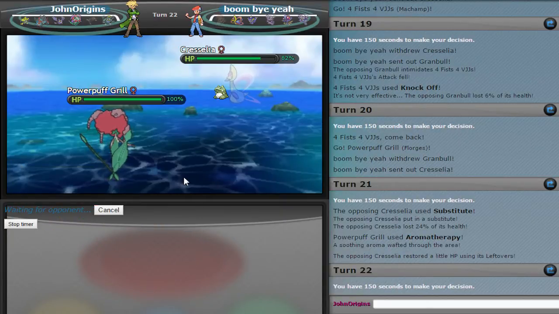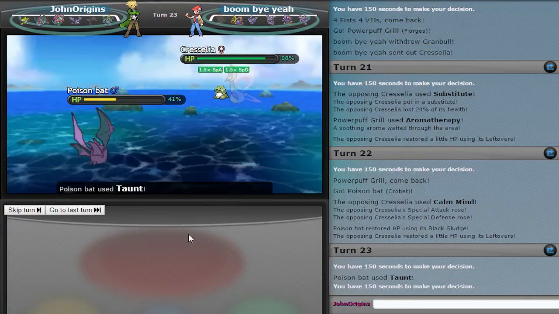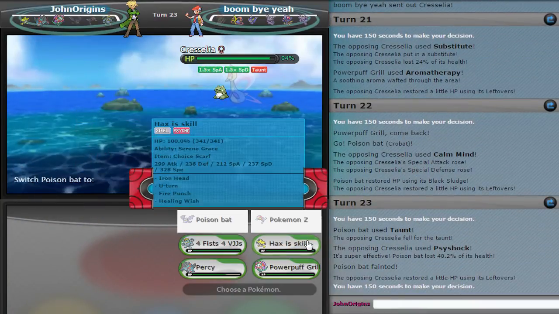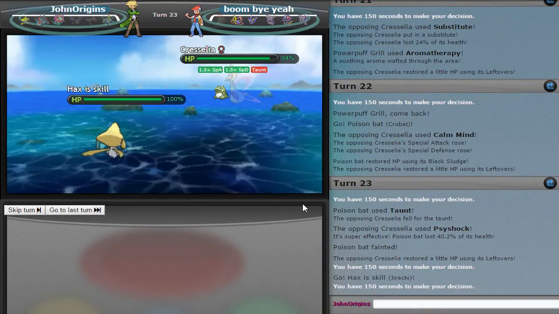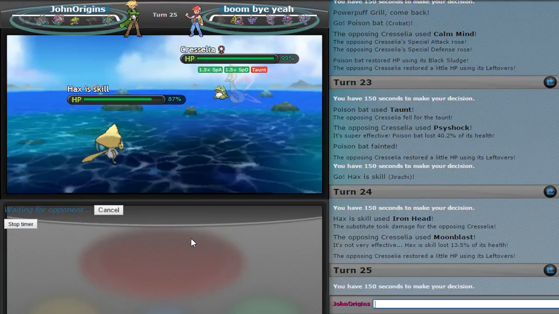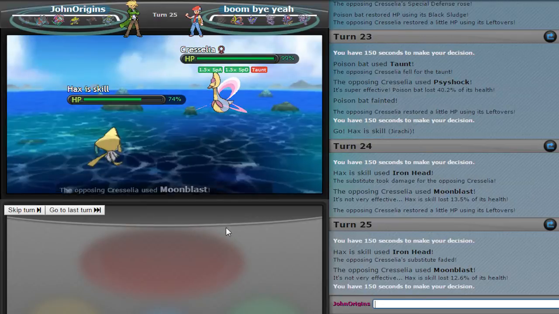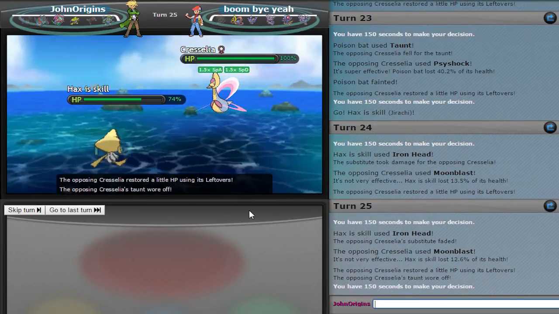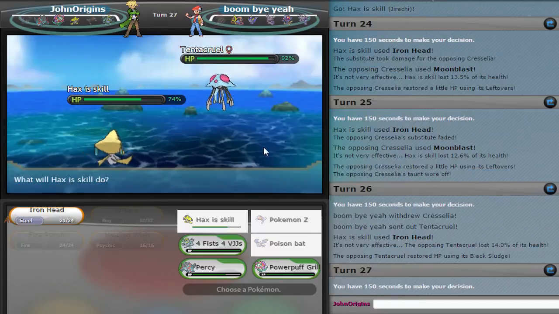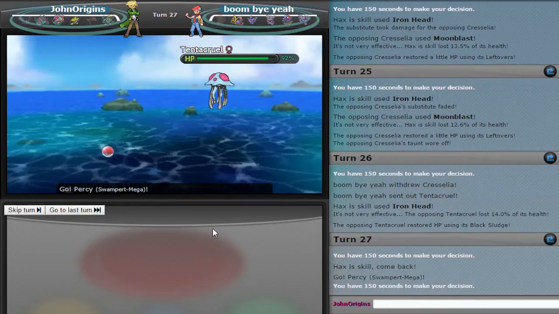Sick. As I am forced to Taunt here. And then I'm going to bring in my Jirachi. I don't think Iron Head's going to break this up. It doesn't. But as long as I can break it, which I do. I forgot I had Healing Wish on this. As he actually makes a switch out, which is kind of nice. Did lose that though. So I'm going to bring in my